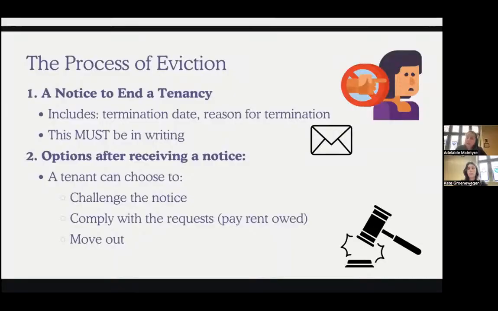If a landlord has decided that they want to proceed with ending a lease, they must first give a written notice to end a tenancy to the tenant. Included in this notice will be the date of termination and the reason for terminating the lease. This must be in writing. And if a tenant receives notice, they have a few options to address this. If they believe that the notice to end the tenancy has been done in bad faith, such as a landlord claiming to move into the unit for themselves,